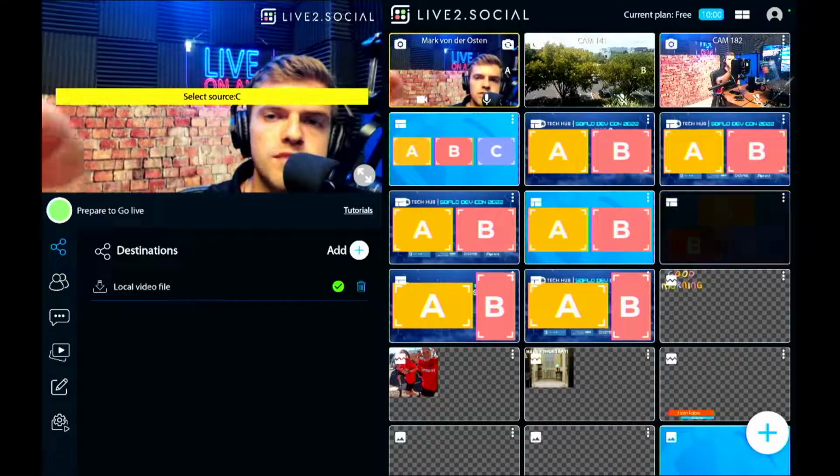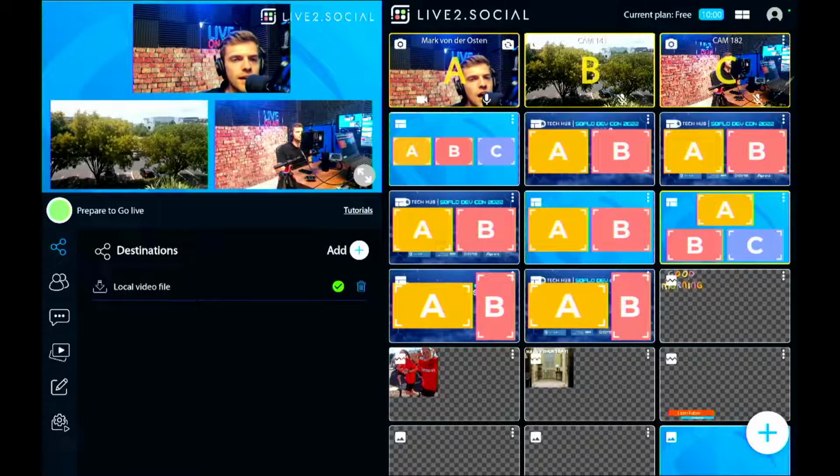And I'm going to go into the features of Live to Social in just a second, but I do want to stress the importance of a multi-camera setup. Now look at this. I got all 3 of them on screen now. That's something you can do with Live to Social. As opposed to the other switcher apps, all they're going to let you do is sort of switch from camera to camera. Live to Social, you can do something called combinations,